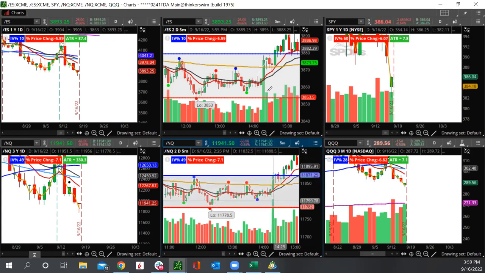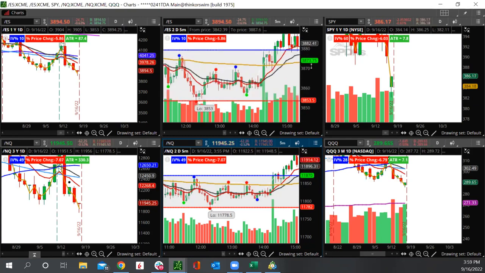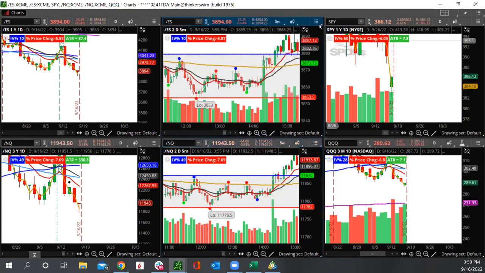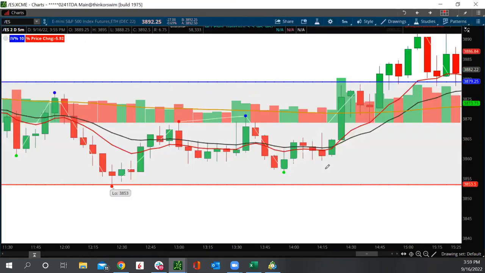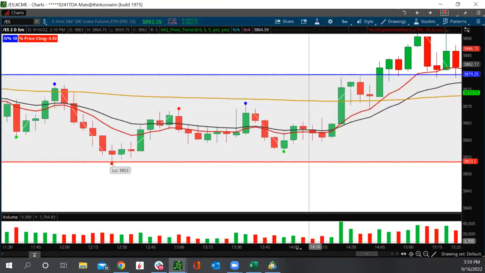look at the volume spike here and the volume spike here, right? So in addition to watching the price action on the broader markets, pay attention to the volume spikes, right? Because they're going to really show you